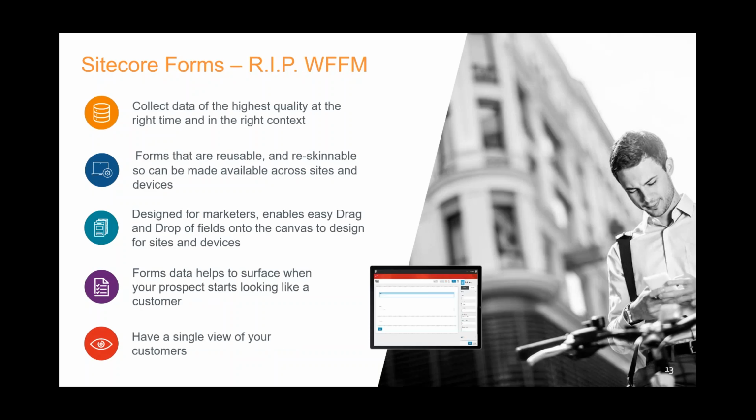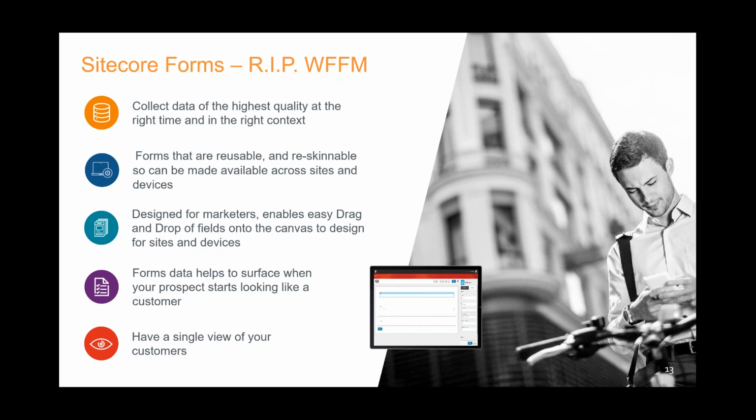The third part of this is the forms capability, which so often is the point where people go from an unknown user to a known user. It can be the trigger point for personalization, it can be the trigger point for marketing automation, and certainly anyone who fills out a form needs to have that data occupy the experience database so we can personalize off it.